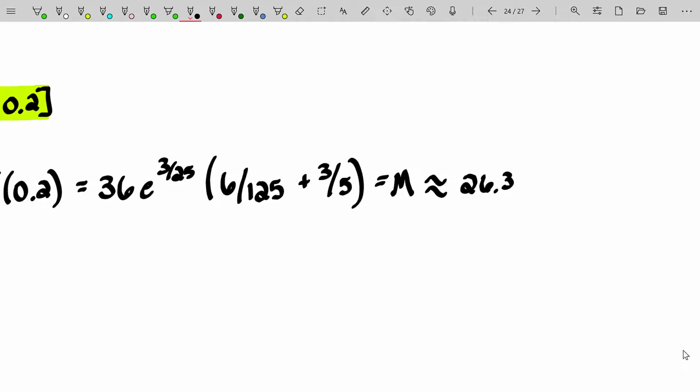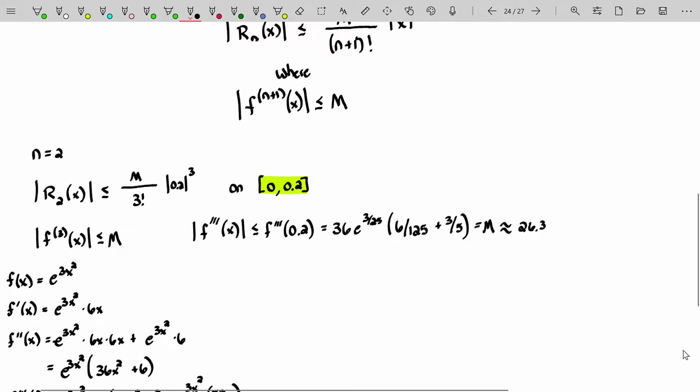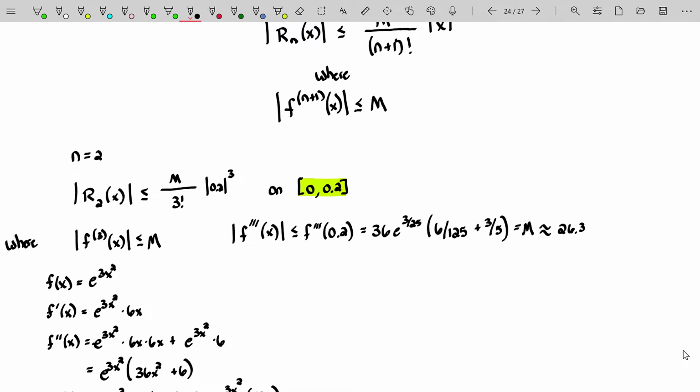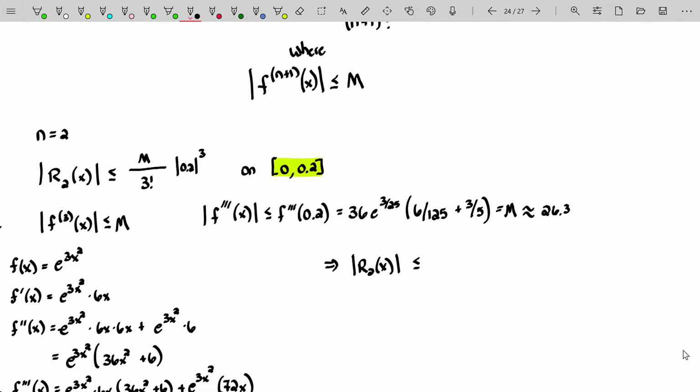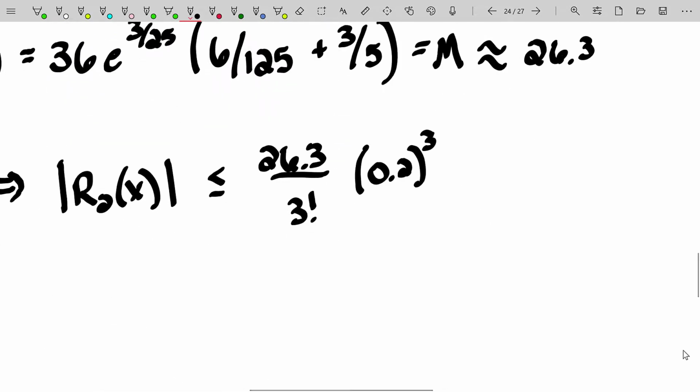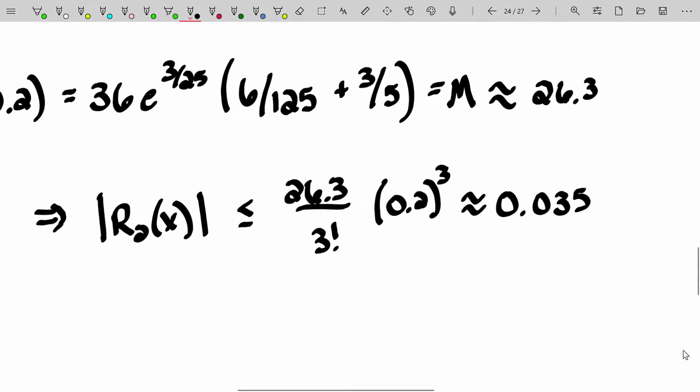But in the background, I have 26.30224655536, and so on and so forth. All right, let's now use that decimal approximation for the maximum value of the third derivative to find the upper bound on our error for our approximation. Now remember, I am only using that 26.3 for display purposes. In reality, we'll use the decimal approximation that I have in my calculator. So I get that our maximal error is going to be